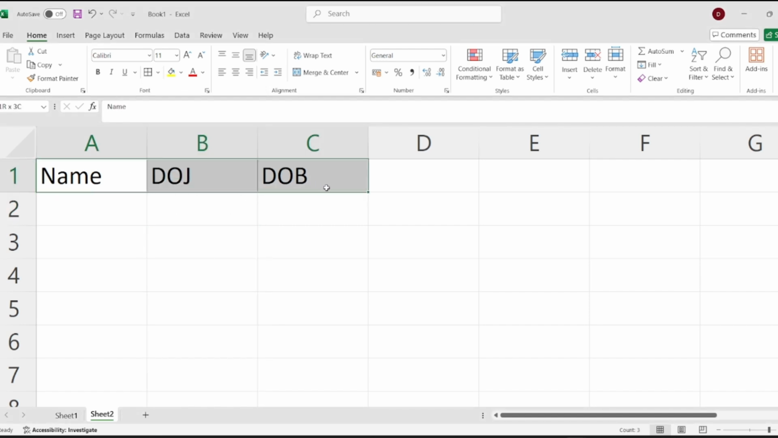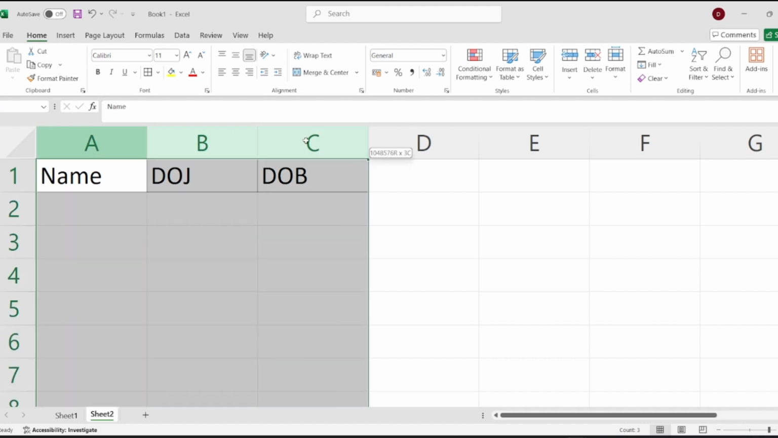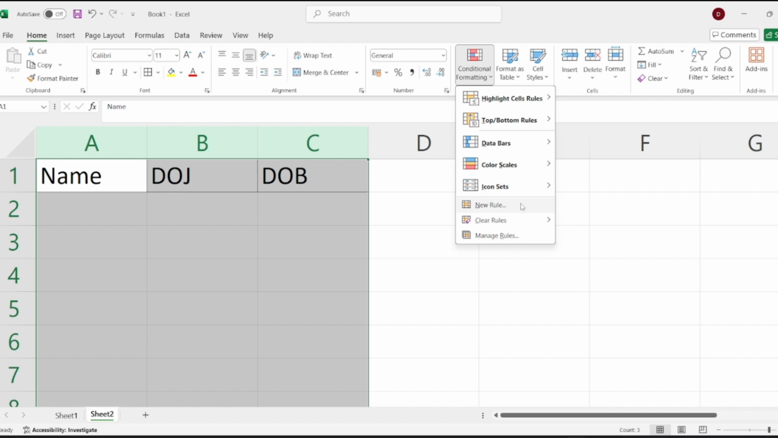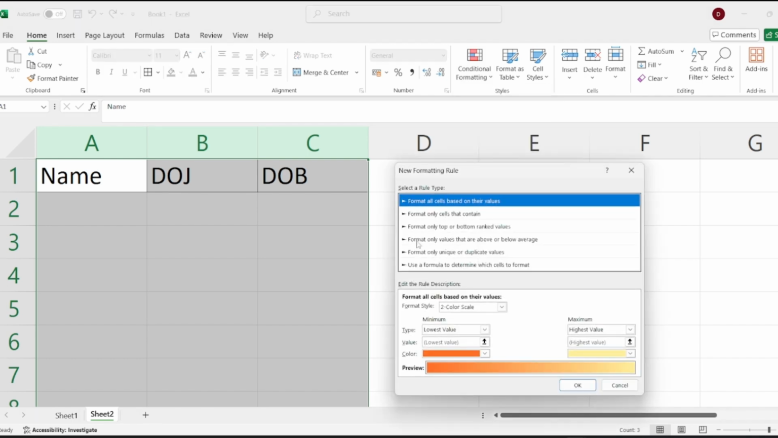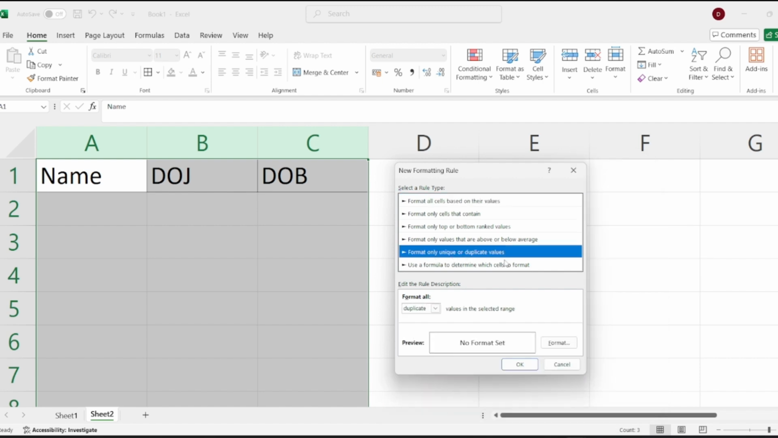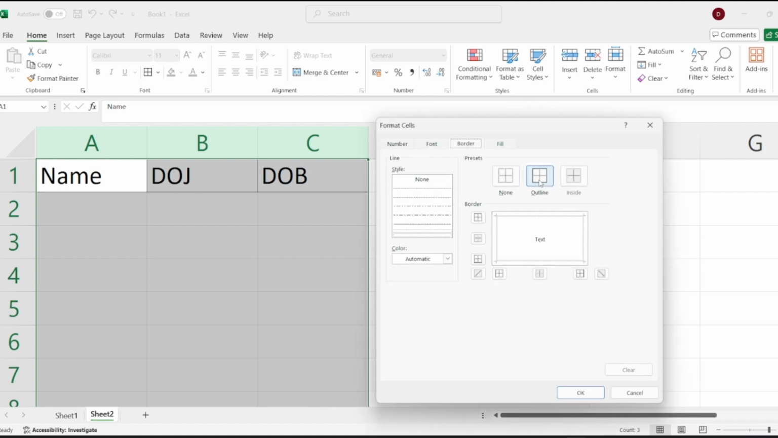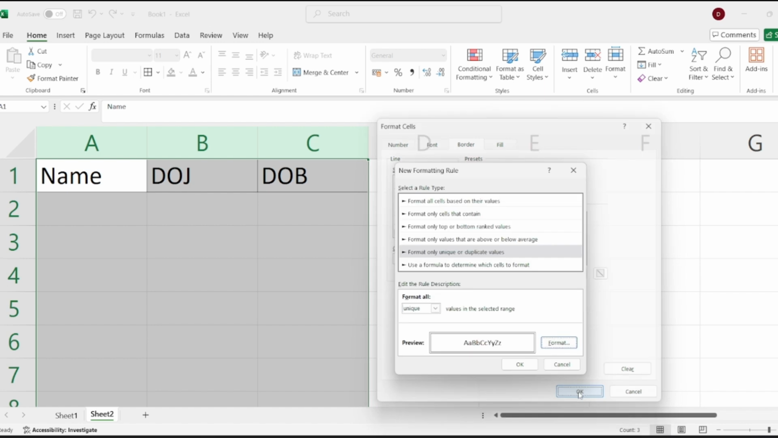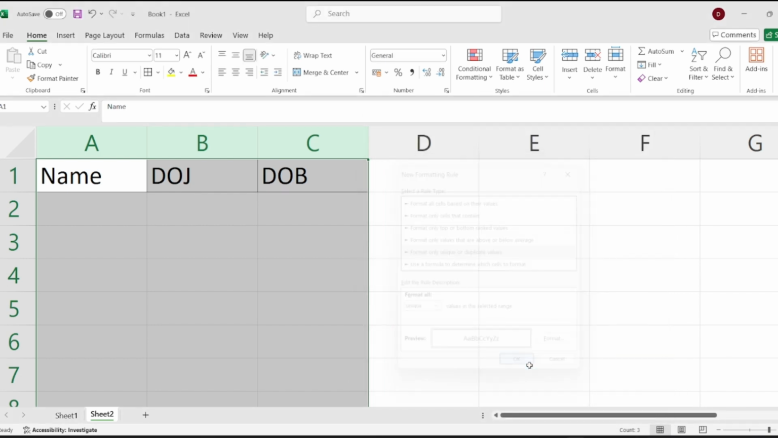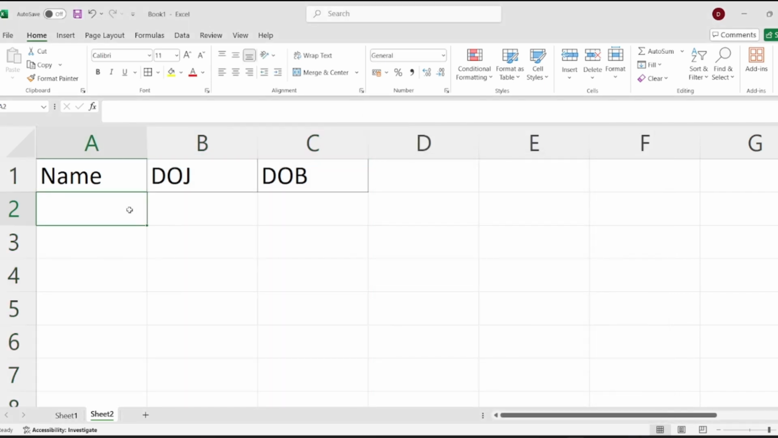You no need to do it manually. Just select the cells like this, go to Conditional Formatting, go to New Rule, and then go to Format only unique or duplicate values. Select your unique value, go to Format, go to Border, select the border and click on OK. Then click on OK. Now anything you type here, like I'm typing the name here,